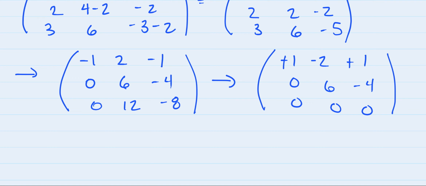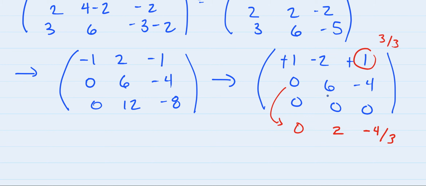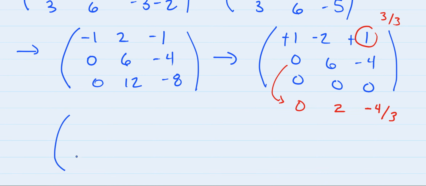So I'm going to say that this is 0, 2, -4/3. I divided this by 3, -4/3. And this 1 is the same thing as 3/3. So now we add this and we get 1, 0, 1/3,